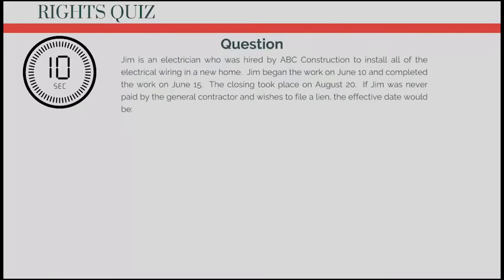Jim is an electrician who was hired by ABC Construction to install all of the electrical wiring in a new home. Jim began the work on June 10th and completed the work on June 15th. The closing took place on August 20th. If Jim was never paid by the general contractor and wishes to file a lien, the effective date would be